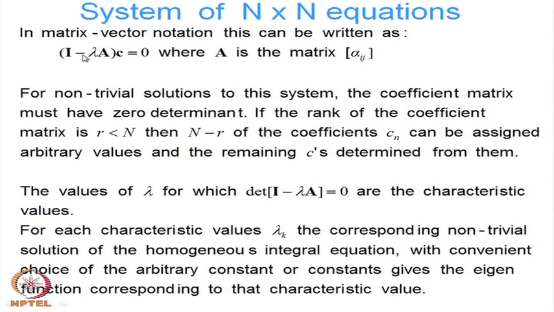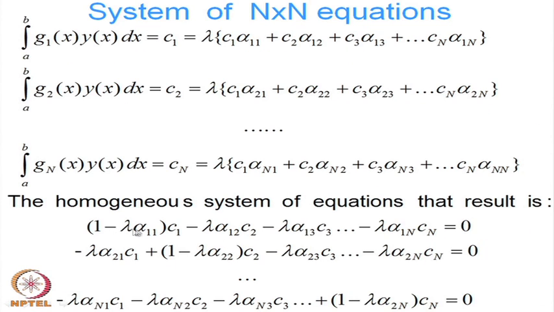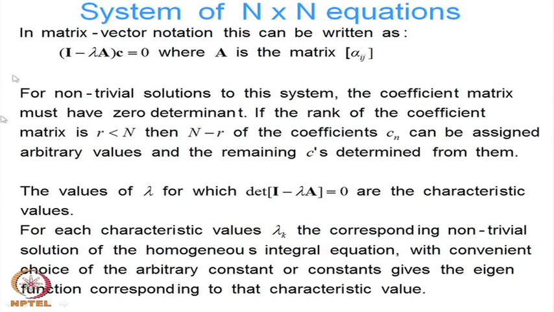So, basically my coefficient matrix is 1 minus lambda alpha 1 1, minus lambda alpha 1 2, minus lambda alpha 1 3, minus lambda alpha 1 n. So, I can write it as the identity matrix minus lambda times the alpha matrix, which I have denoted by A here. So, in matrix vector notation, I get a system like this: I minus lambda A C is equal